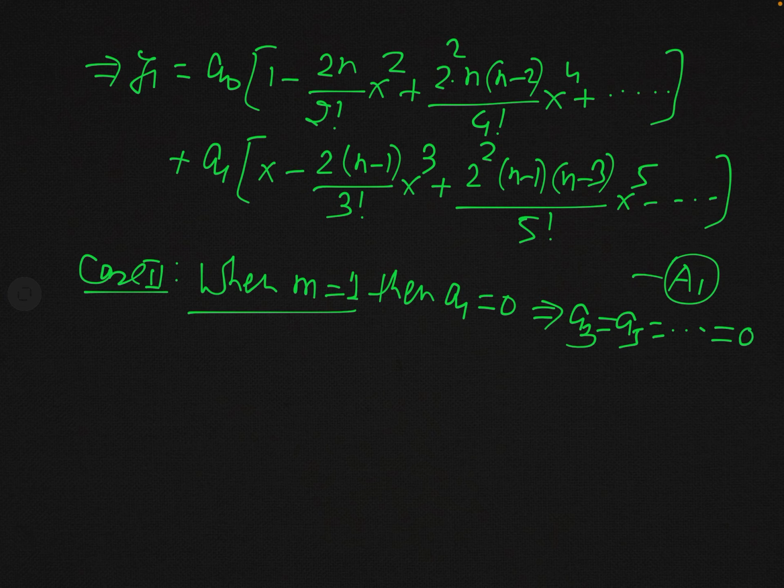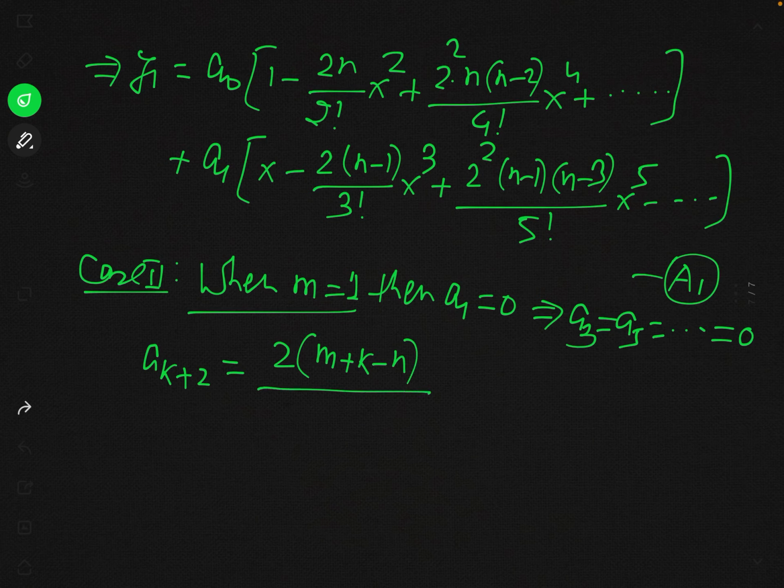And for this, first of all, when m is equal to 1, we will write the recurrence formula. You know what is the recurrence formula in general. We have obtained this result: a k plus 2 is equal to